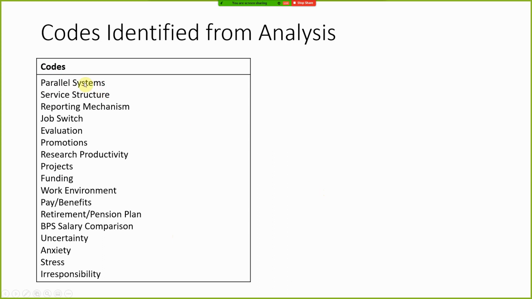So, for example, interviewee one was talking about system. Interviewee two also talked about system or parallel system. Or let's say, in order to make it easier, in order to further understand it, something very easy. Okay, let's say pay and benefits. Interviewee one talked about pay and benefits in the universities. Interviewee two also talked about pay and benefits. Interviewee 3 did not talk about any pay and benefits, but interviewee 4 did talk about pay and benefits.